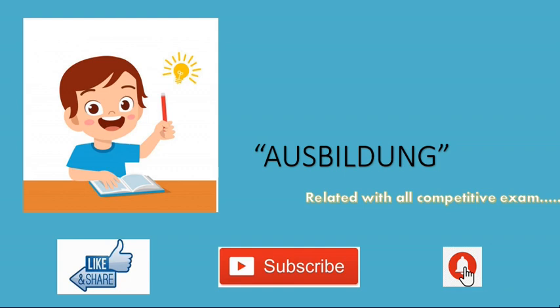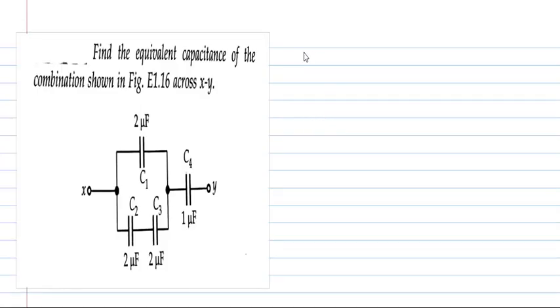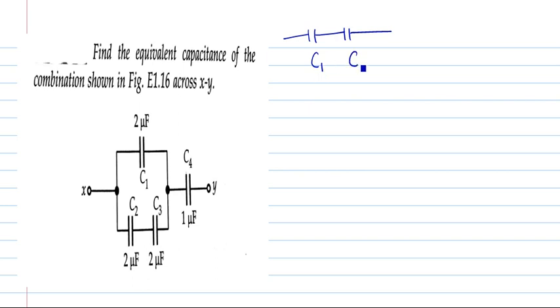And let's begin with today's session. First of all, let me discuss a few basic things. If two capacitances are connected in series in this manner, the capacitance of the first capacitor is C1 and the capacitance value of the second is C2. If two capacitances are connected in series, they will be replaced by C equivalent as C1 into C2 upon C1 plus C2. And if two capacitances are connected in parallel,